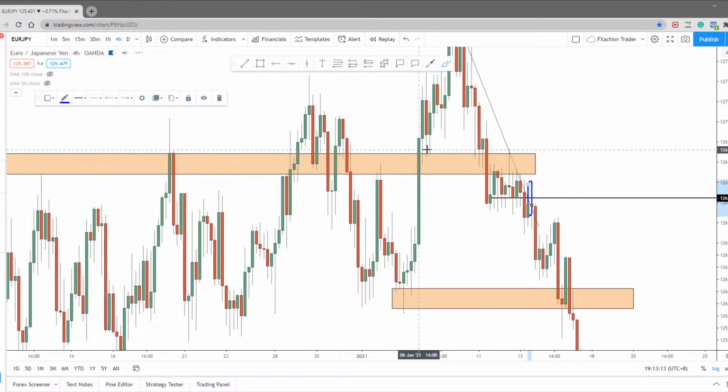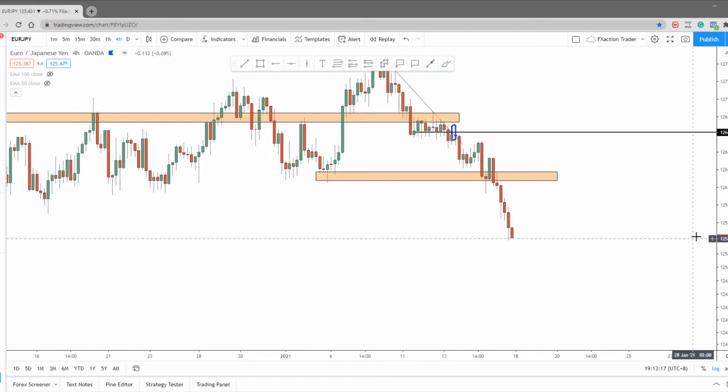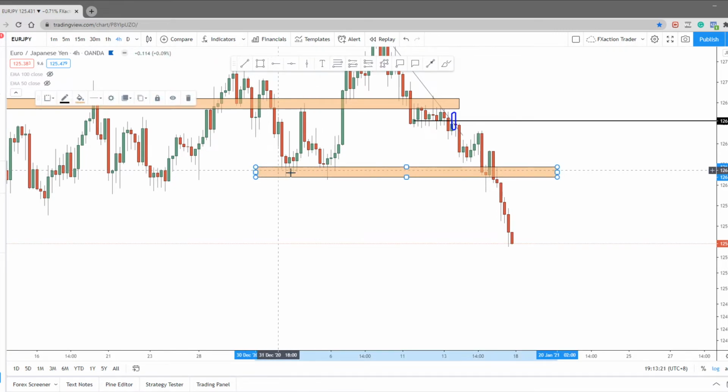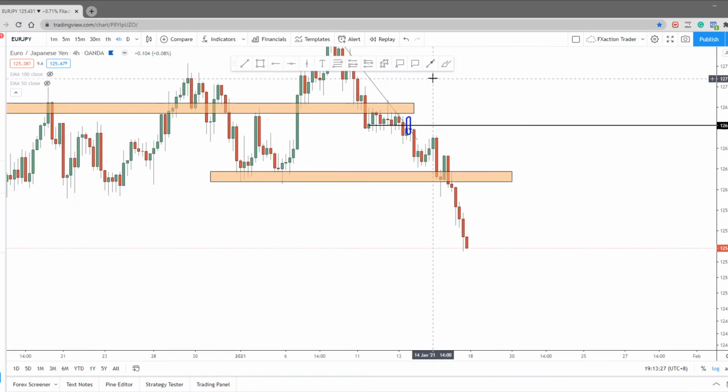Alright, so if we go back to H4, and if we just mark our most recent key level, we can find that this is actually a level the market has tested many times, because this is on an H4 chart. And what we can do is either just wait for a pullback to this level,